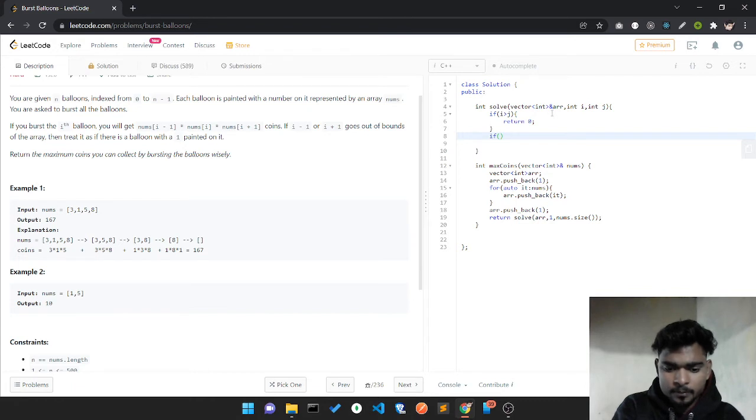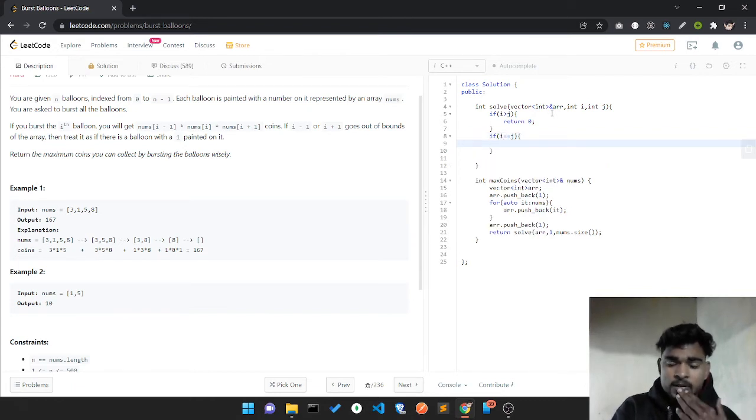If i is equal to j, what does it represent? It represents that I have only one element. So if I have one element, I'll make one variable in which I store the value. Did you get this?